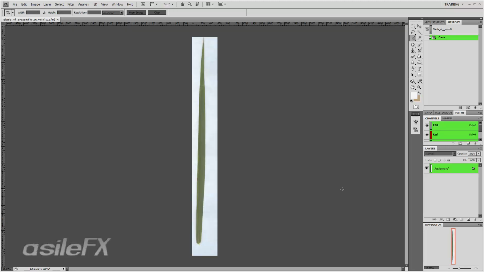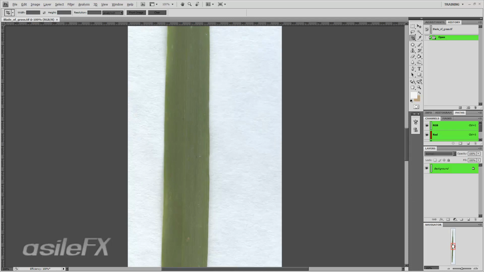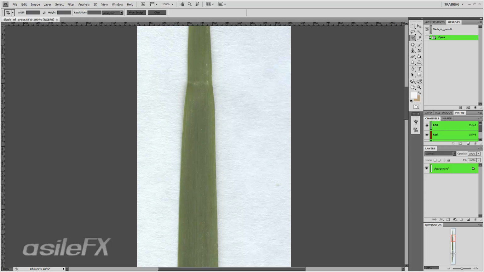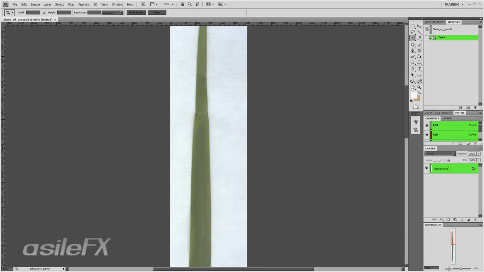In the project content folder included with the training, under source images, you'll find one called Blade of Grass, TIFF file. Go ahead and load that in, and this is the image I have right now. This is a source from a scanner where I went ahead and scanned a blade of grass. Because it's just a single blade, I did use a white sheet of paper over the top of it, pressing it down in order to remove any of the shadows that would show up behind it. But if you do decide to use a scanner to scan blades of grass, because it can be really effective for creating really nice texture maps,